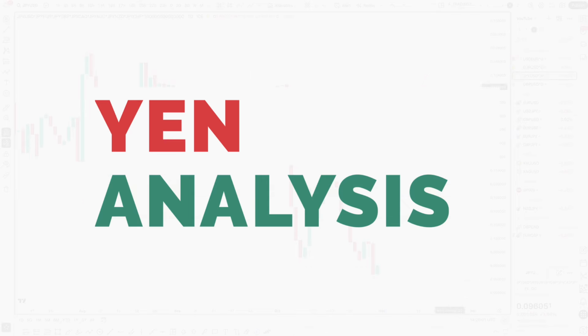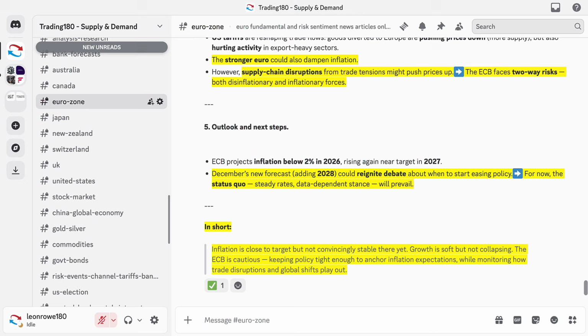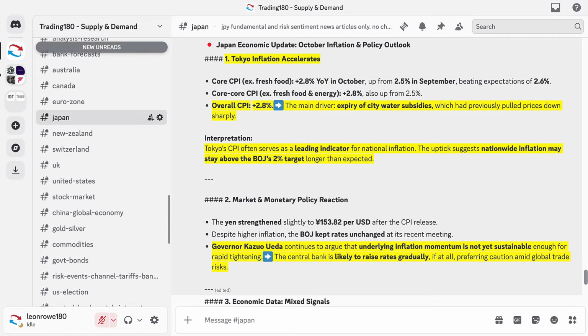Looking at the yen, and the yen did have a bit of a move to the upside on Tuesday, and then when we had the Bank of Japan meeting, we did get a move to the downside. There was a little bit of dovishness at first, but inflation data has come out in Japan, which really supports a rate hike from the Bank of Japan. The problem is, though, with the Bank of Japan and the Japanese yen, is just the politics side of things, where the new prime minister's fiscal policies are a bit more counter to the Bank of Japan's.